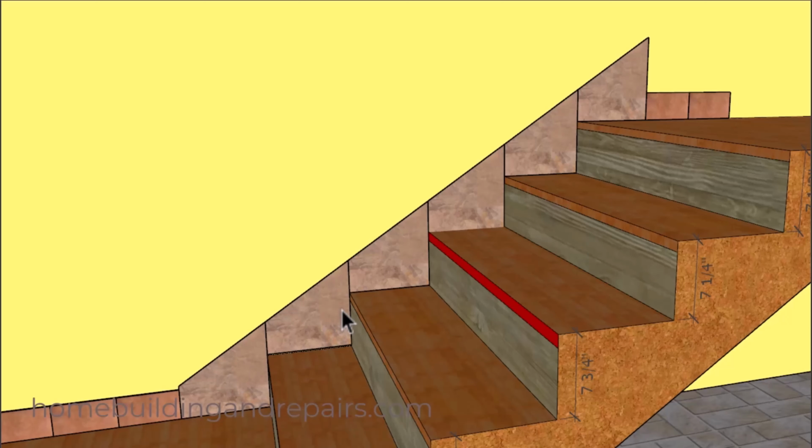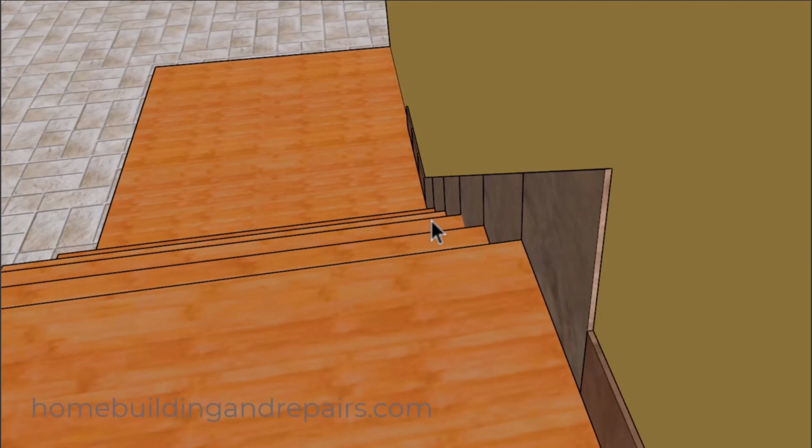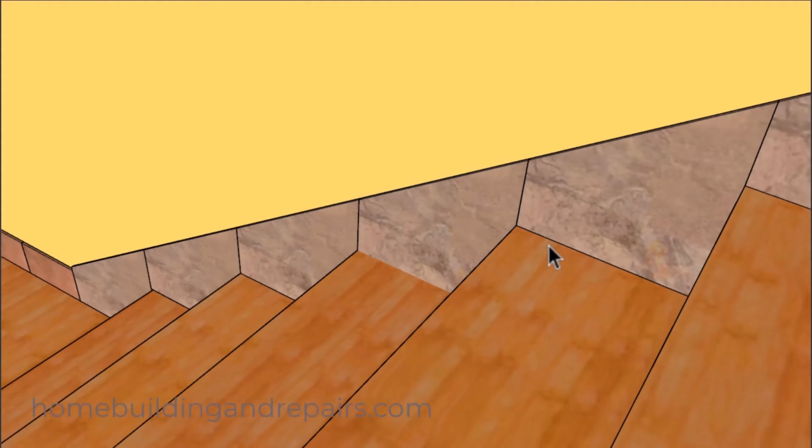And what I did here to provide you with another thing that you might or might not be able to do was that I cut all of these the same size. I just kind of used one of them as a template and then cut the rest of them at the same size exactly. And if the depth of the tread and the height of the riser is not exactly the same, and everything lines up in a straight line here, then you're going to end up cutting either some of